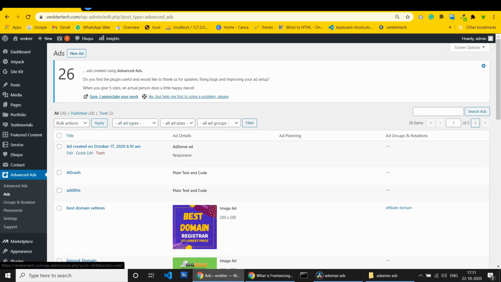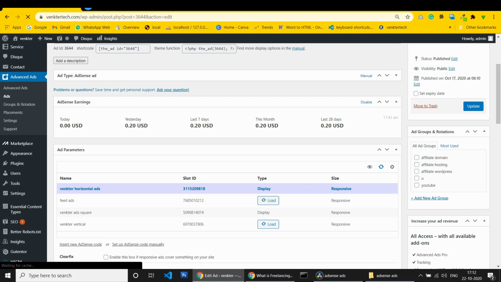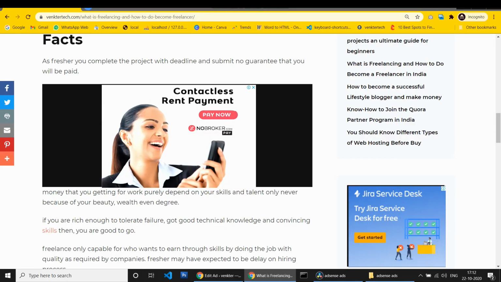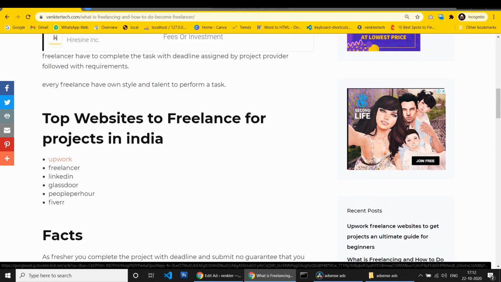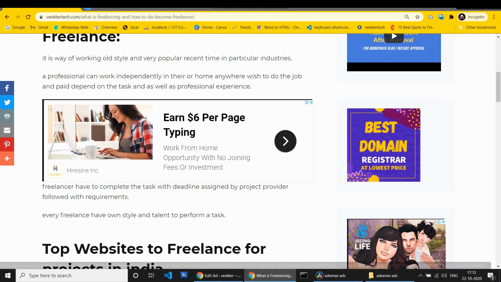This is the ad. That is the horizontal ad. The horizontal ad is displayed after a few paragraphs.